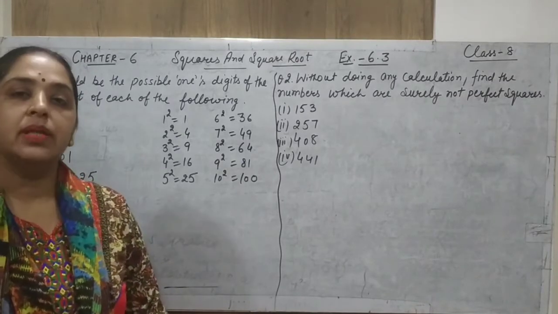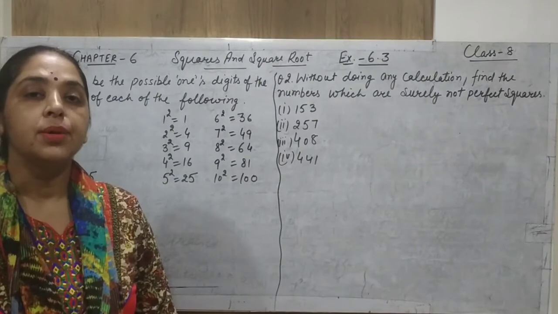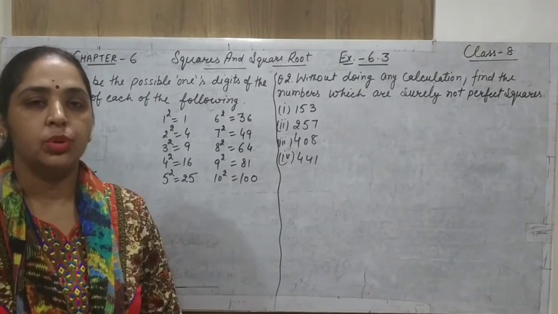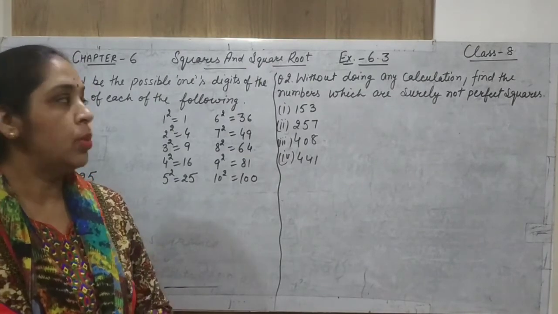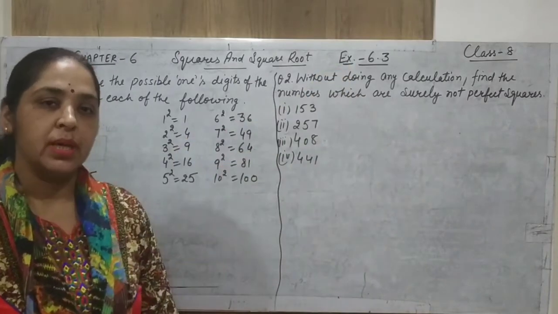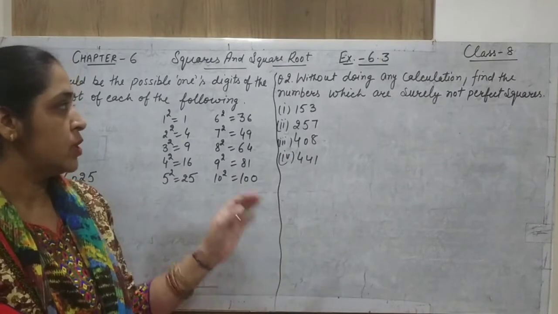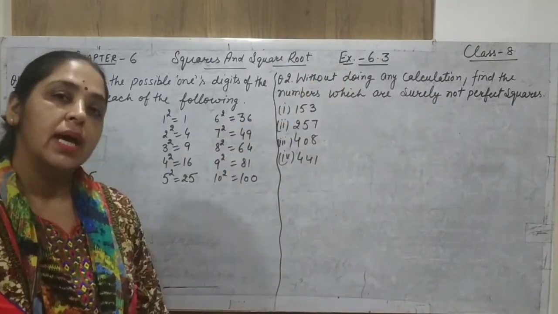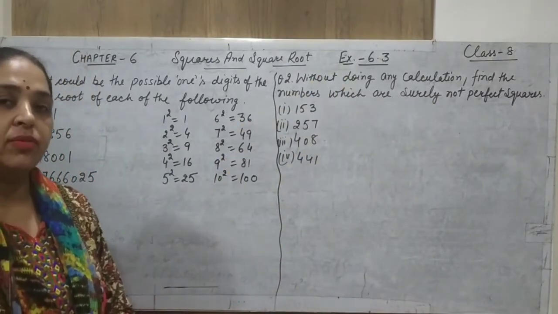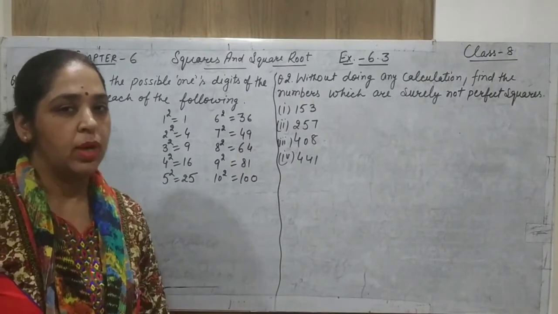Second method, that is prime factorization methods. We have understood both the methods. Now, come towards the exercise 6.3. Exercises 6.1 and 6.2 are not related to squares, we just do the exercise 6.3. Okay, let us start with the square roots of exercise 6.3.